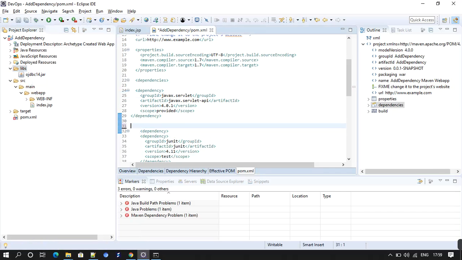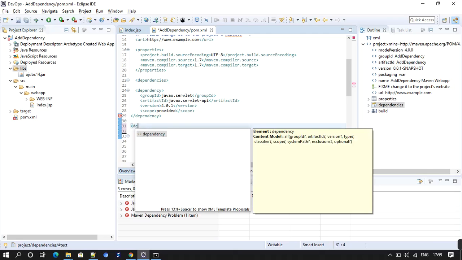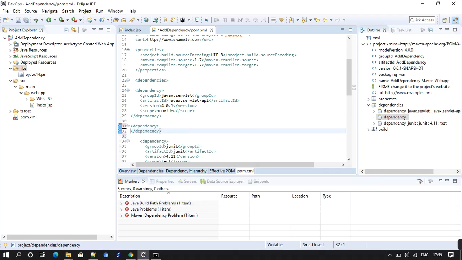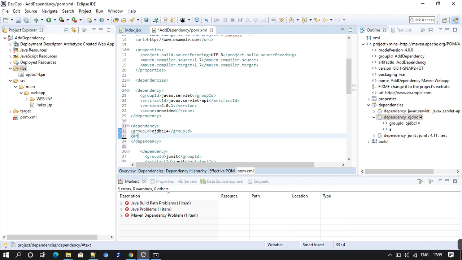Now we will add the dependency. Just type dependency, give any group ID. I am giving OJDBC14. For artifact ID, I am giving the same, OJDBC14.